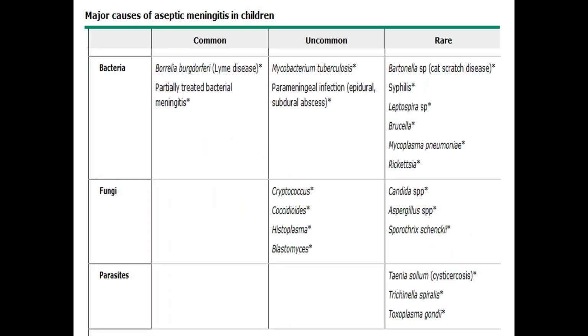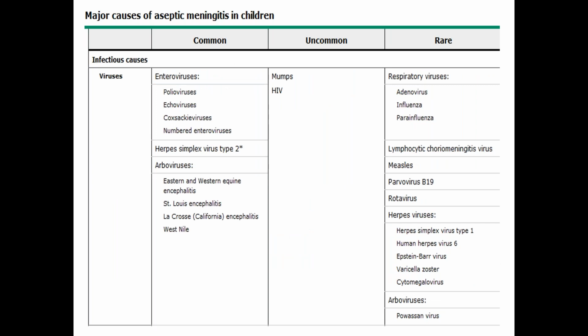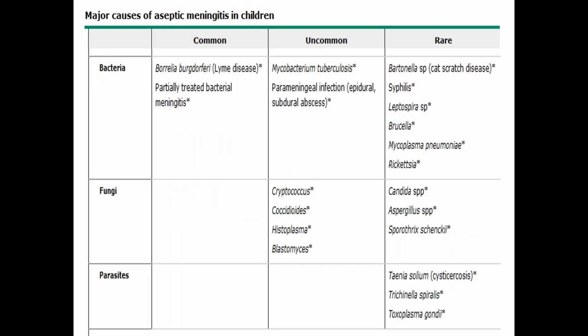Fine. So these are those organisms where, when you do an LP, you will not find cells. So this is what we call aseptic meningitis. Some slow-growing bacteria like Borrelia can also sometimes lead to aseptic meningitis. Mycobacterium tuberculosis normally has very typical manifestations and will have increased proteins, but may have a lower cell count. Fungi like Cryptococcus, Coccidioides, Histoplasma, and Blastomyces are all common in T-cell-mediated disorders like HIV and can have